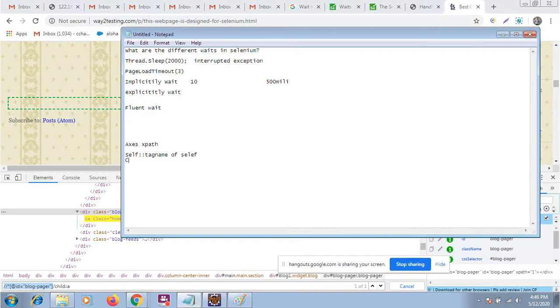Then we have child double colon, then parent double colon, then preceding-sibling double colon, then following-sibling double colon. Okay, so also child, parent, ancestor, one more ancestor, and much more we have, but not too much is required. Basically it's for the interview.